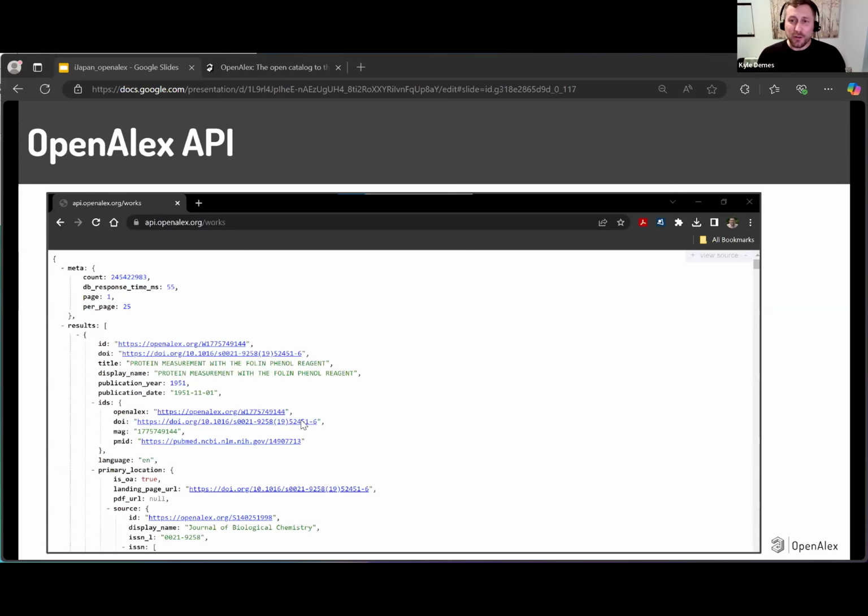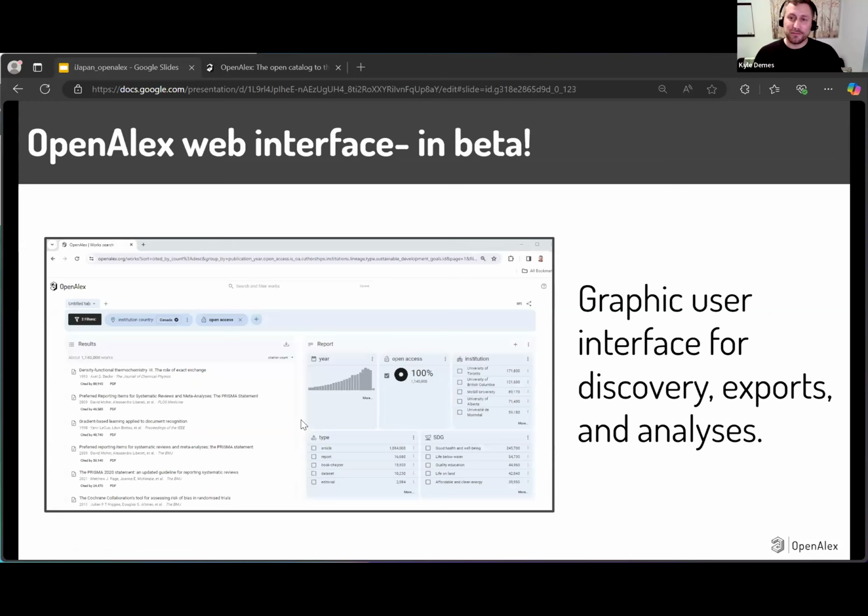And then the third final way, because not everyone can use an API, is we recently launched, I guess it's been about 9 months now, our first user interface. And this is meant to make it very easy to interact with OpenAlex. And anyone in the world can go to openalex.org, and I'll do that in a minute and show you how, to start interacting with the data immediately.